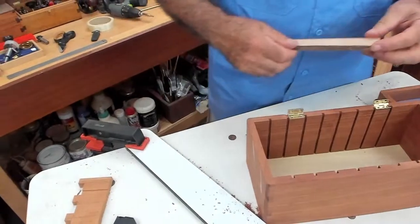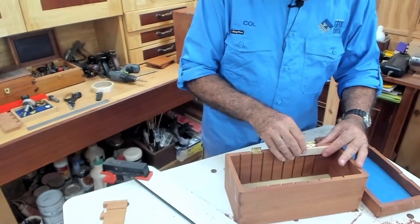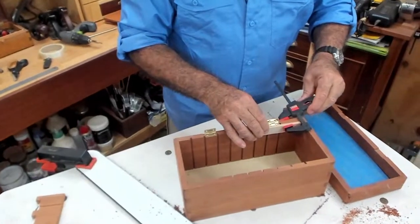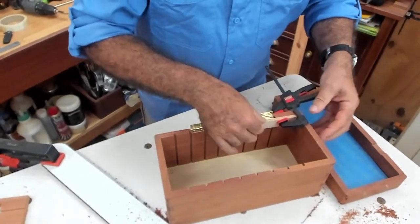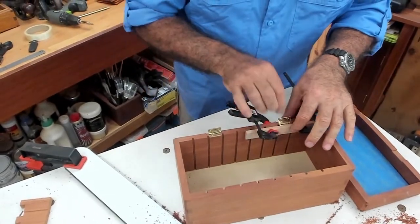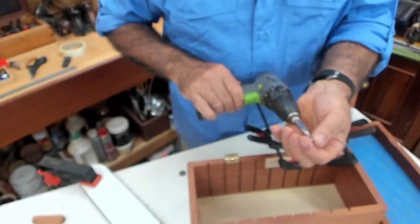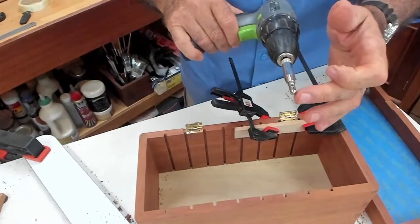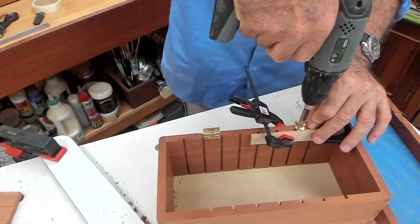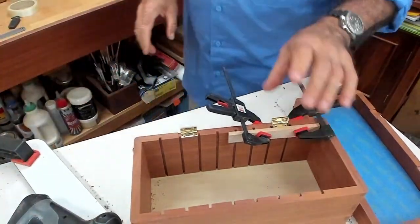And this is the way I fit them. Just a solid little piece of stock. I sit it on like so, on the inside of the box. Cramp it in place. Just a couple of cramps on there so it doesn't move. And then, using my little drill that has a spring-loaded end on it, sit that into the hole and drill in there, and then